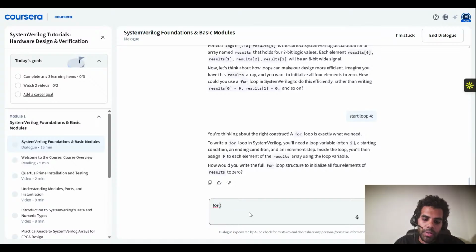All right, so it reminds me a little bit maybe of C++, in which we have here a for loop of i, which should be again logic, and 8 bits down to 0, called i. Yeah, this is typically C++, so I'm not sure if it is really what is needed here, but